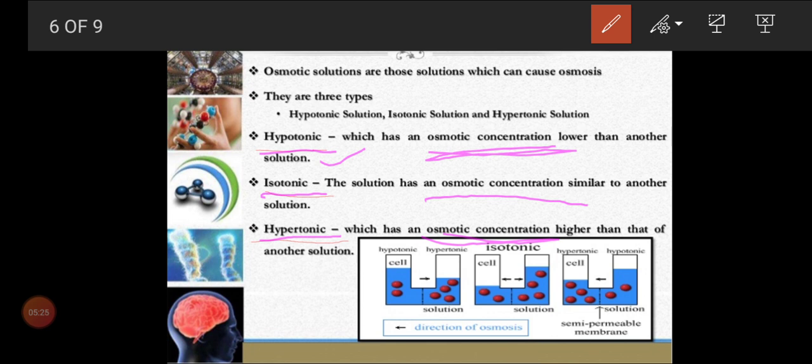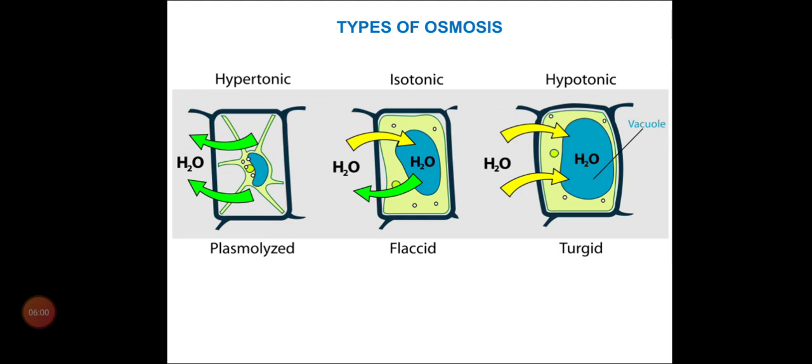So how many types of solution do we have? We have seen till now hypotonic, isotonic and hypertonic solutions. And imagine if you did an experiment in which you kept dry grapes inside water, which is hypotonic and which is hypertonic? Write and post it to my number. And if you kept a lemon inside salt, which is hypotonic and which is hypertonic? From that you will be able to understand your concept clearly.